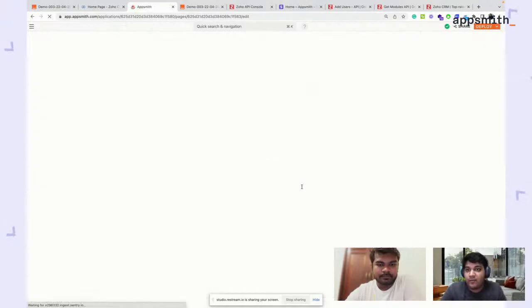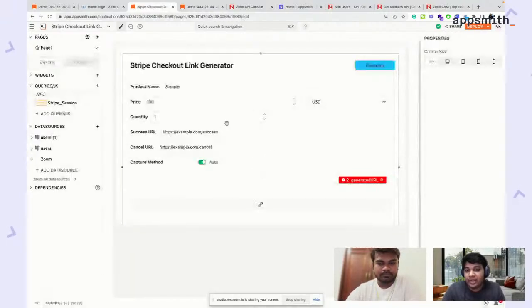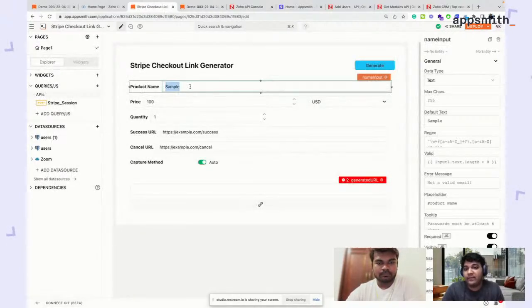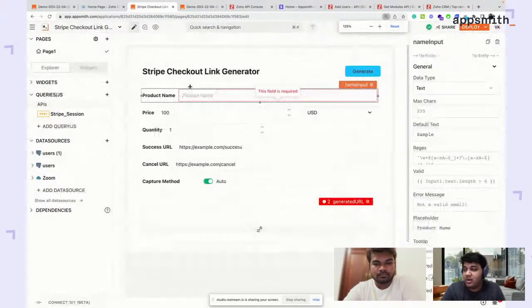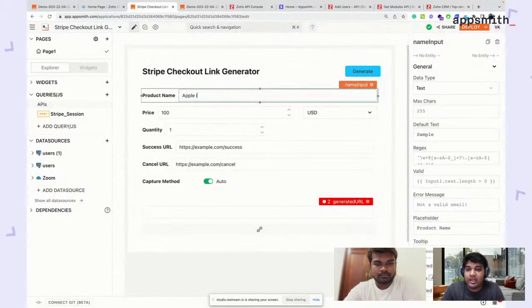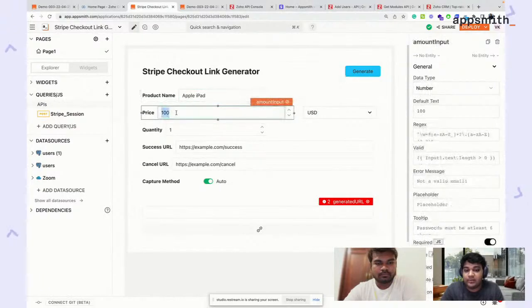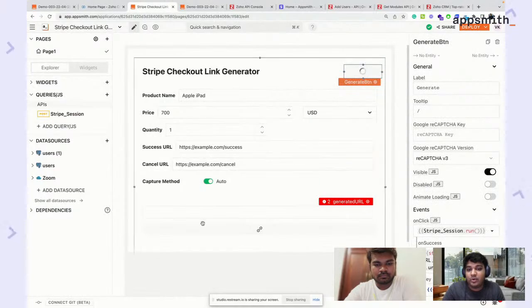But if I refresh this app, you will see an empty form there. So the way it works is you basically give all the details. Let me zoom in a bit so that you all can see this part. Right, so let me say Apple iPad, and then I'm going to give it a price of $700, and then I'm giving quantity one. So I'm doing the transaction in USD, and if I say generate here,